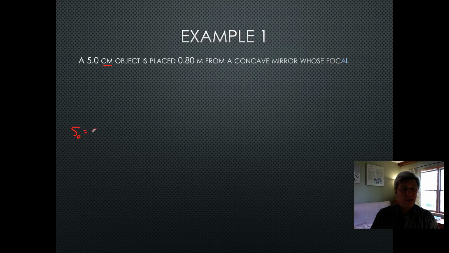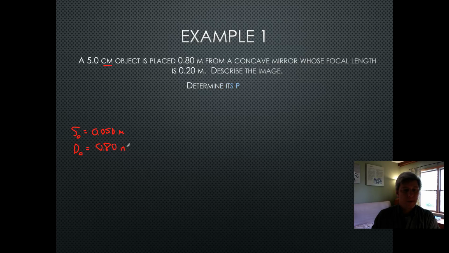But notice that it's given in centimeters. So I'm immediately going to convert that to 0.050 meters, okay? It's placed 0.80 meters from a concave mirror. So DO, this is going to be my distance for the object, is going to be 0.80 meters from a concave mirror whose focal length is 0.20